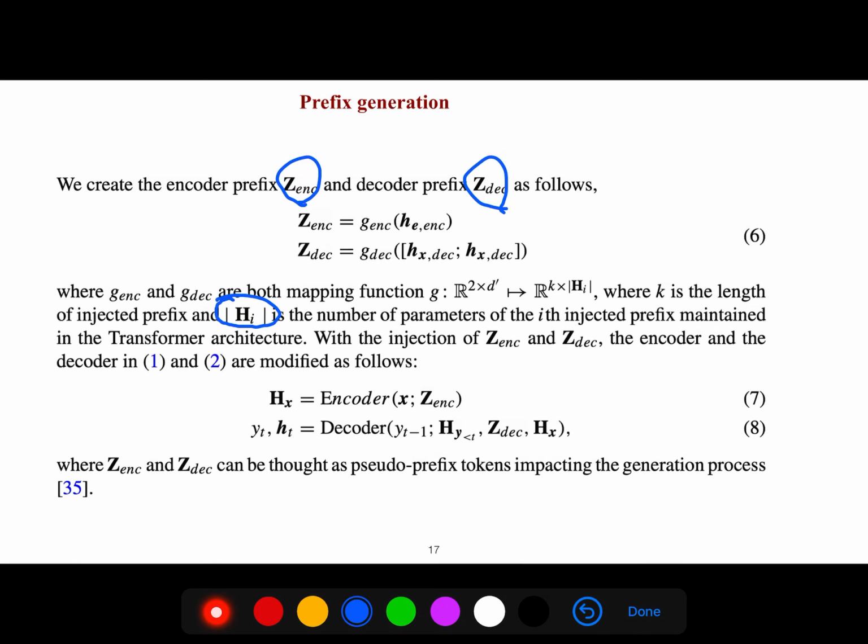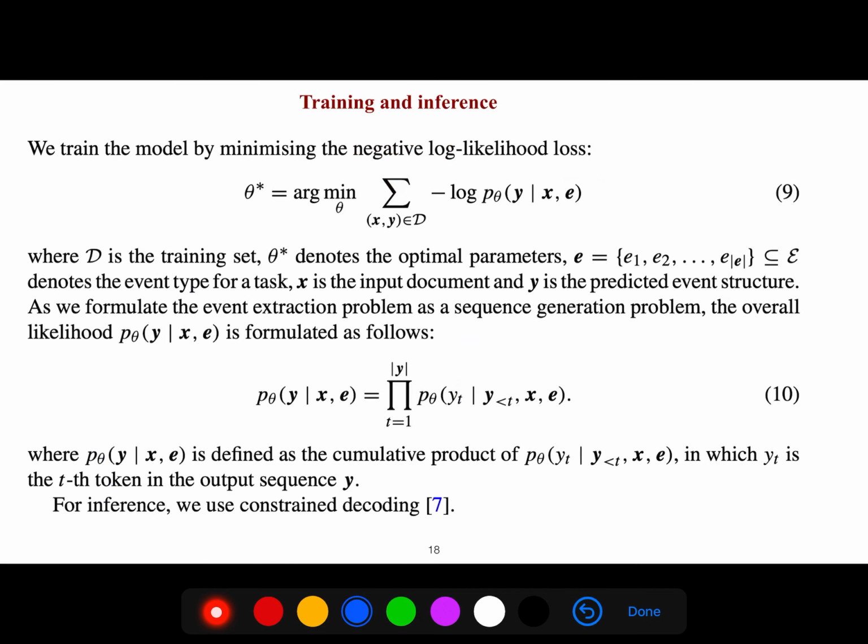The number of parameters of the ith injected prefix is maintained in the transformer architecture. With the injection of z encoder and z decoder, the encoder and the decoder are then modified, because now we are conditioning them, not only the encoder but also the decoder. And for training and inference, we just use negative likelihood.